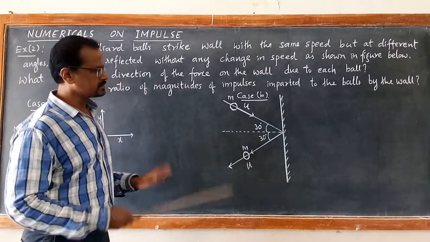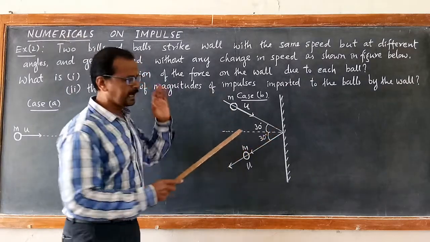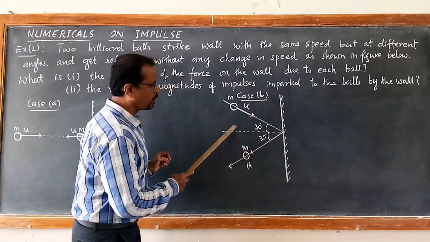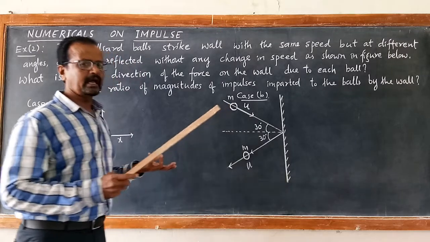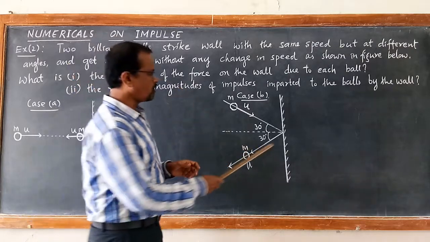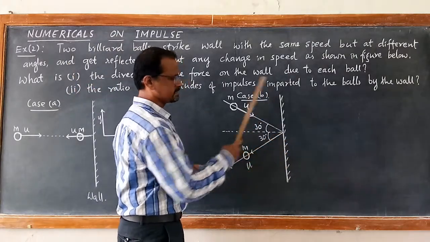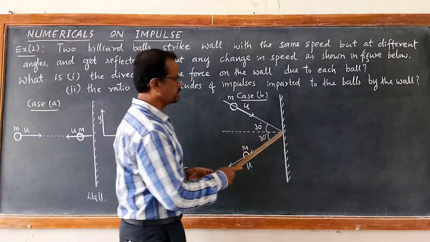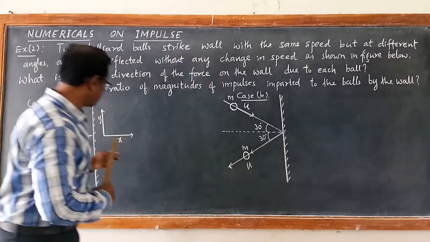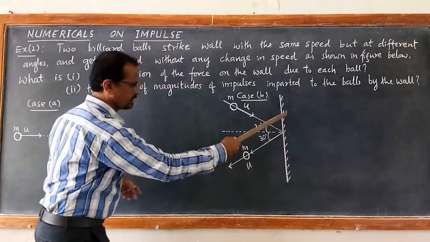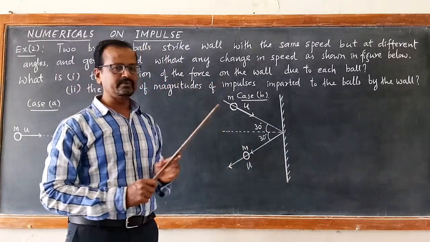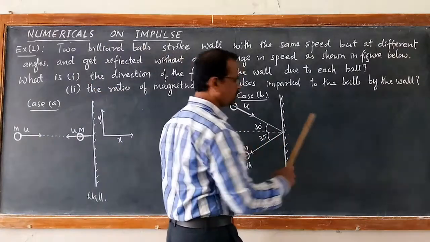In the second case also, although the ball is hitting at a certain angle, you may think the force on the ball due to the ball is at a certain angle, 30 degrees. But when you resolve the components of force along the x-axis and y-axis, this direction we have taken as the x-axis and this direction as the y-axis, the y components of force cancel each other. You will be left with the force acting normal to the ball.